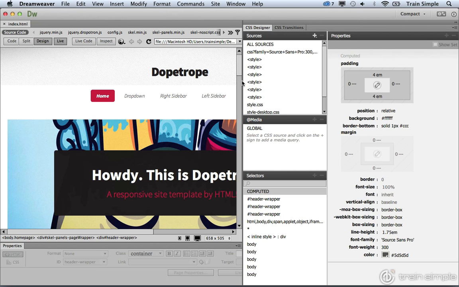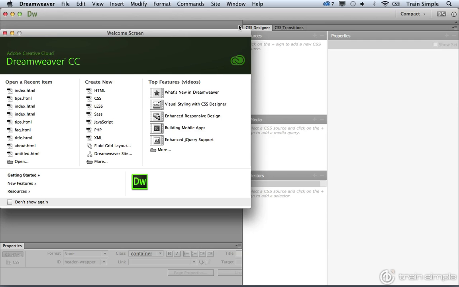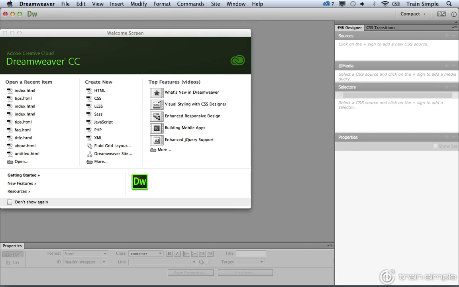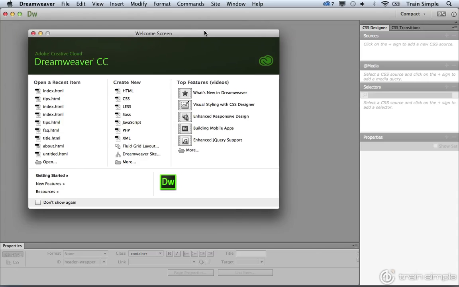Let's go ahead and create our first CSS selector. In order for us to do that, we need to open up the Files panel. We can also close out of this page that we're working with in the last movie, so I'm going to go ahead and close that. I'm also going to reduce the overall width of the CSS Designer, and then I'm going to open up the